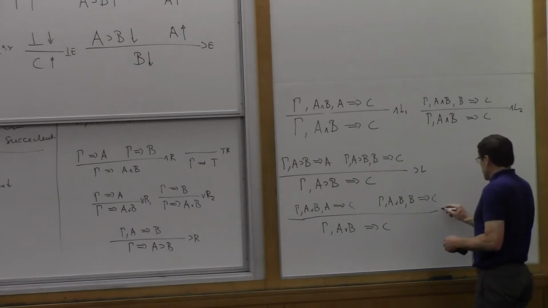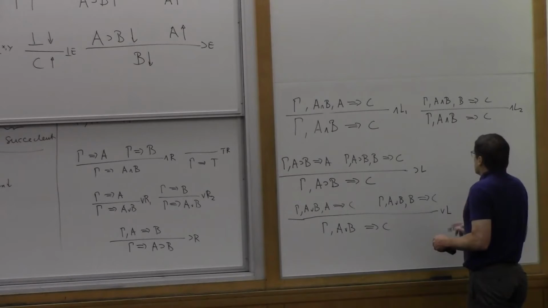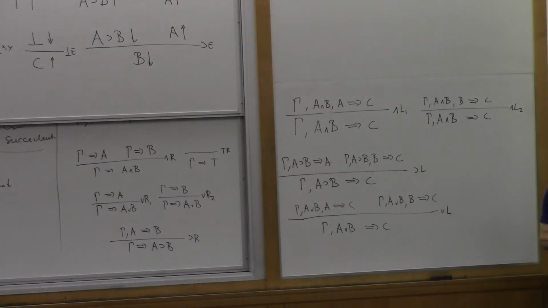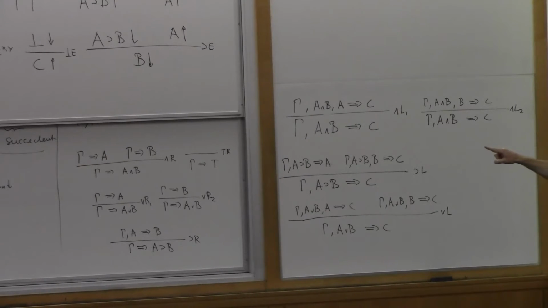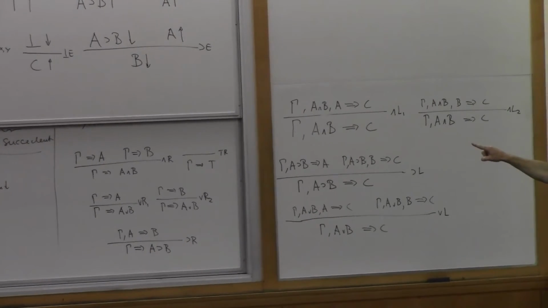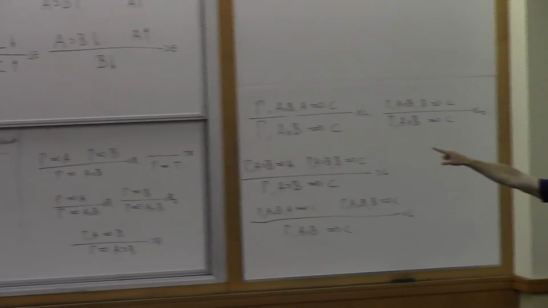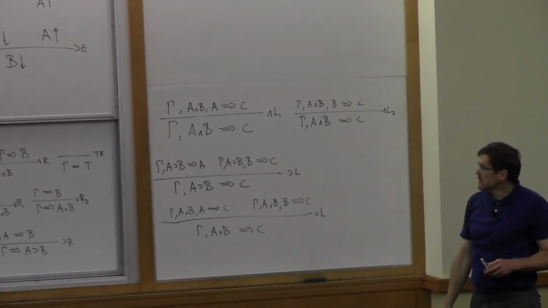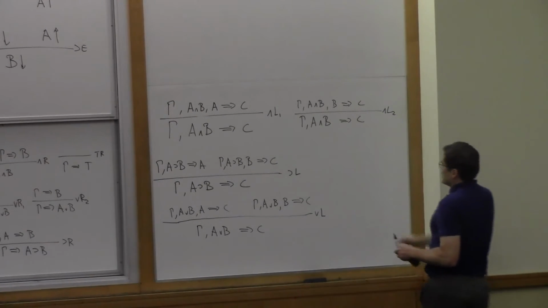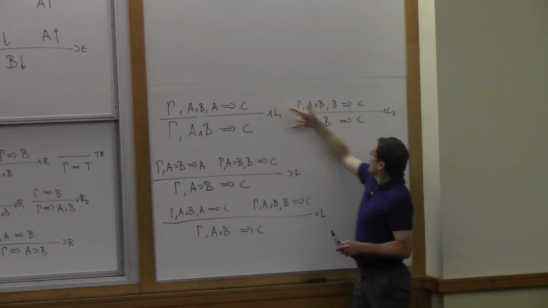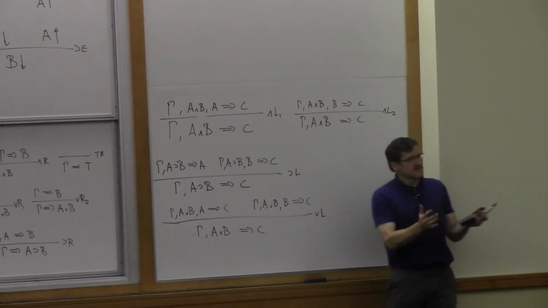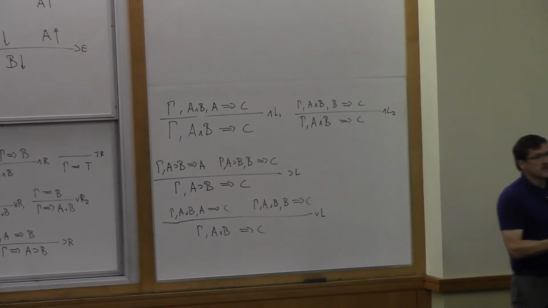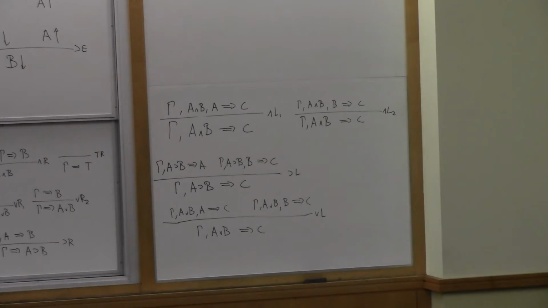But one thing you notice here, these rules are a lot more uniform than the natural deduction rules, right? In natural deduction, the elimination rules for AND are very clean and simple. The one for OR is very strange, right? Because you have to have that C formula lying around. But here they actually end up being the same thing because you always have the C on the right-hand side. So now all the rules look more similar than they did before. So that's one simplification that we get out of this.